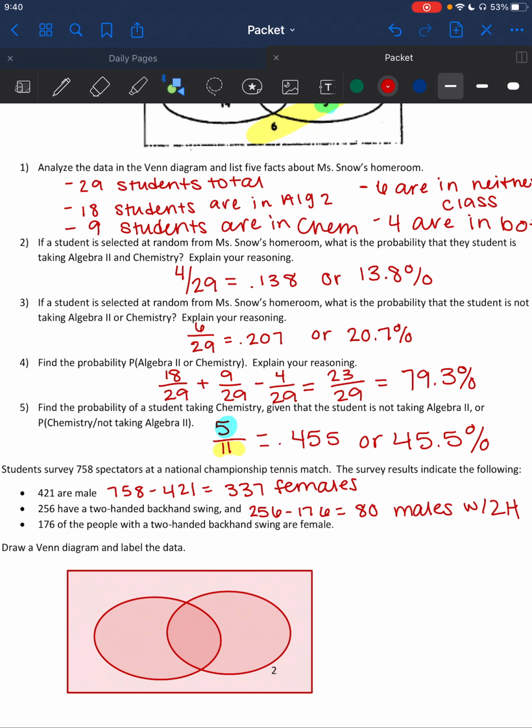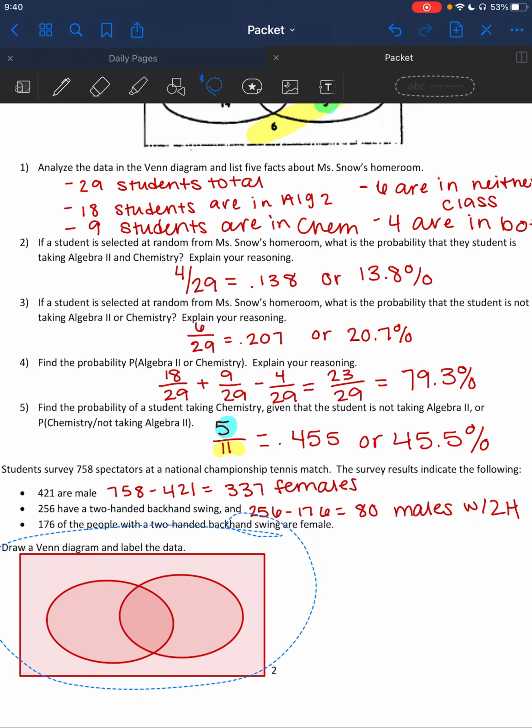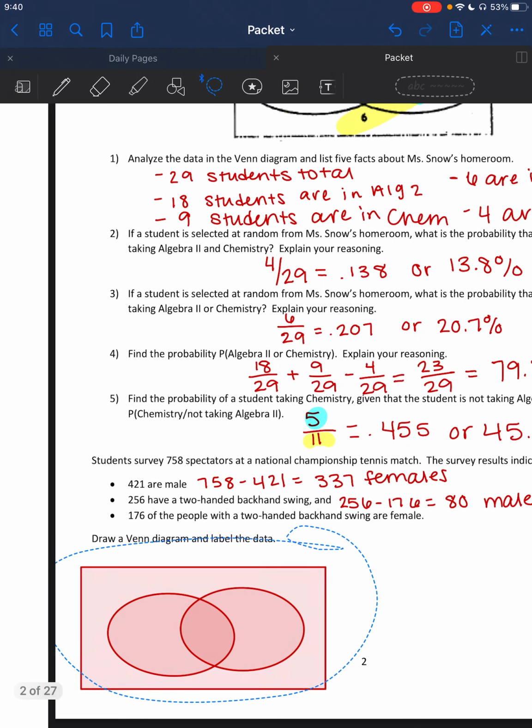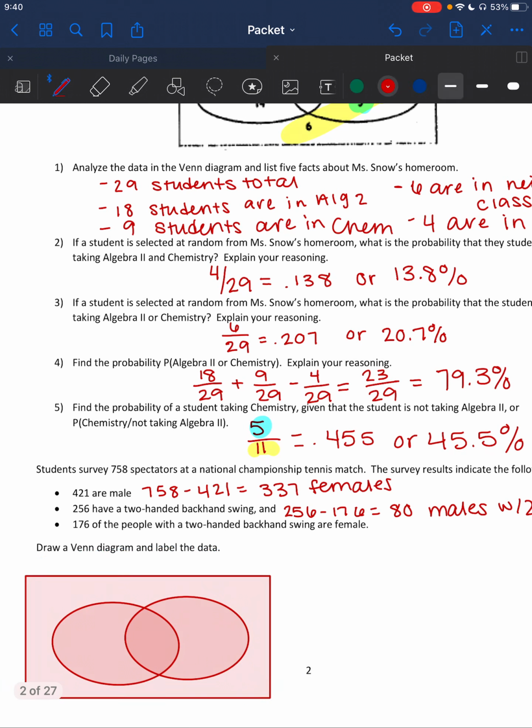I should move it away from the page number. There we go. Okay. So I'm going to label this side as males and this side as two-handed backswing. So I have... that didn't work. Okay, I'm going to need that 3 in a minute, so we'll just go with it. I have